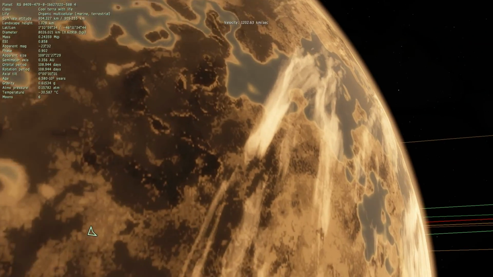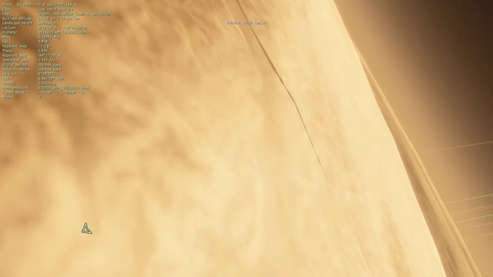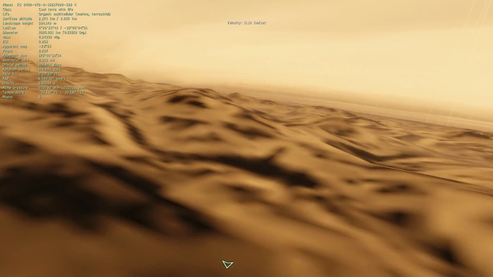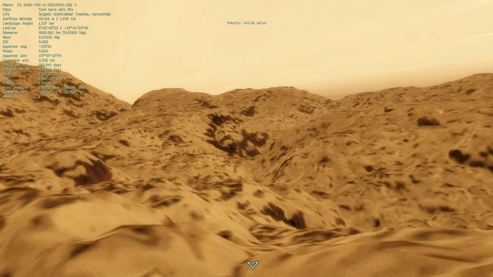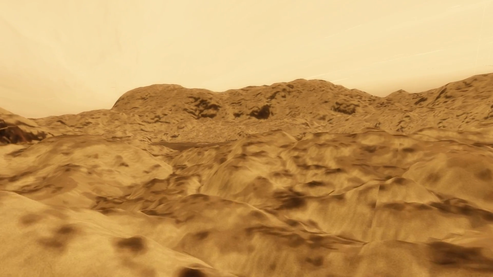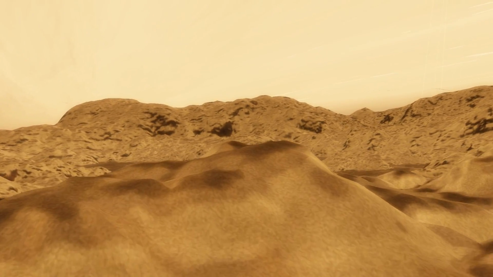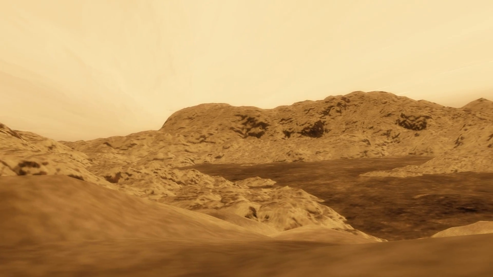So let's just step on down to the surface real quick. Definitely not so pretty once you get down this close, but it's still pretty neat below the cloud layer and down among the mountains and valleys. And we could just pick a random spot. Say we hiked to the top of this hill on this planet with life.